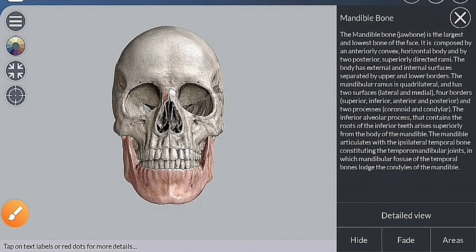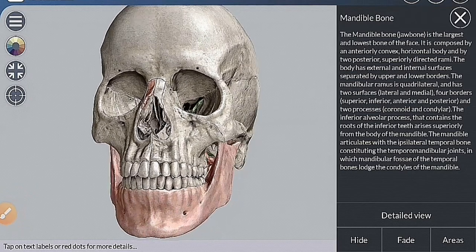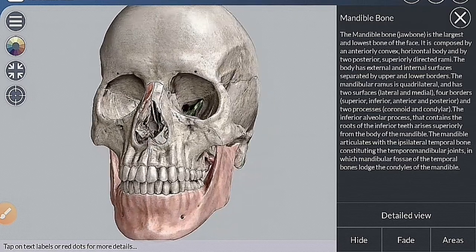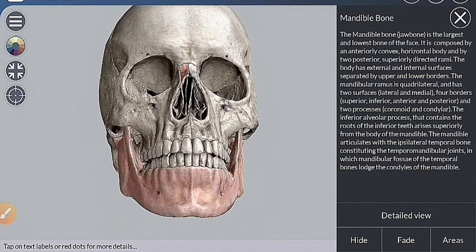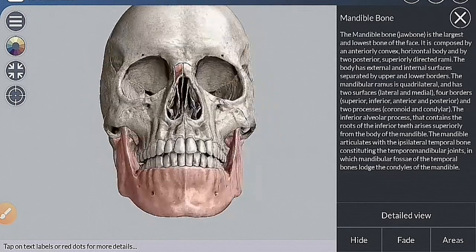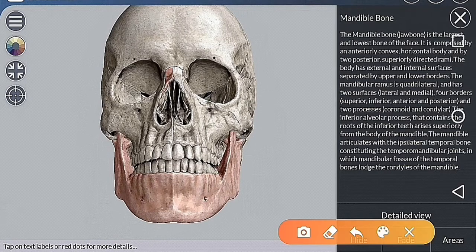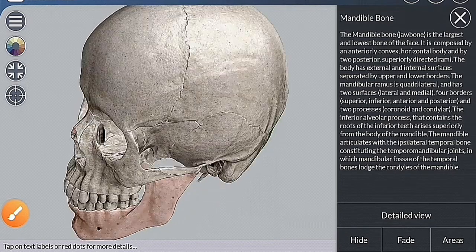So the next bone we have here is the mandible. It is the bone that forms the lower jaw, and it is the largest and strongest bone of the face. It develops from the first pharyngeal arch, and the shape is horseshoe, and it has a body and ramus. So this is the body of the mandible, and this is the ramus